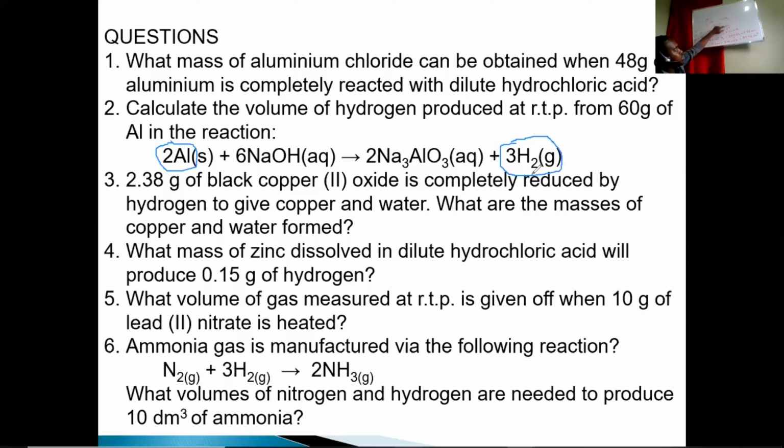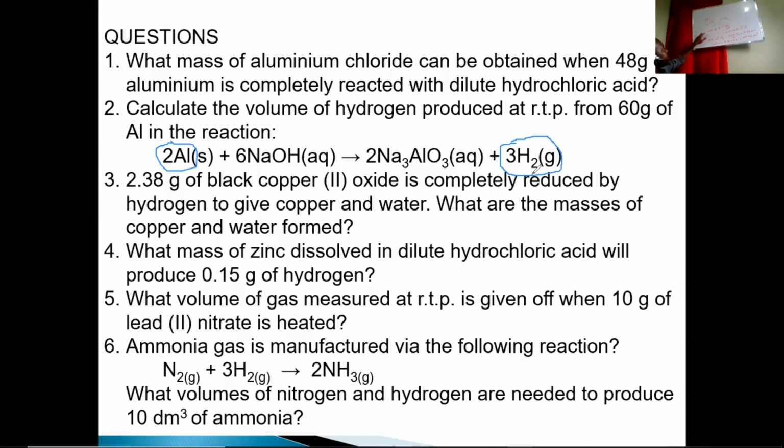27. So it's 60 divided by 27 to give us 2.22 moles of aluminum, right? So that's the amount of aluminum that was used. So we need to know what's the mole of hydrogen now, right? So because it's a 2 to 3 ratio, but in this case, instead of us having 2 moles of aluminum, we actually had 2.22 moles. So it's 2.22 moles to give us x moles of hydrogen,